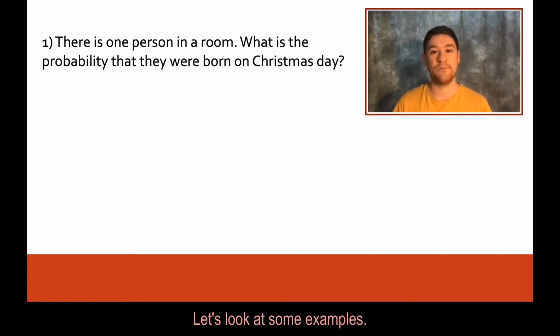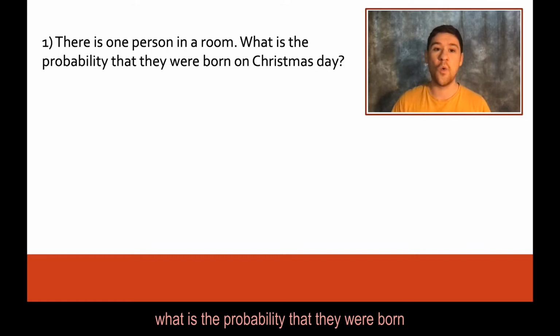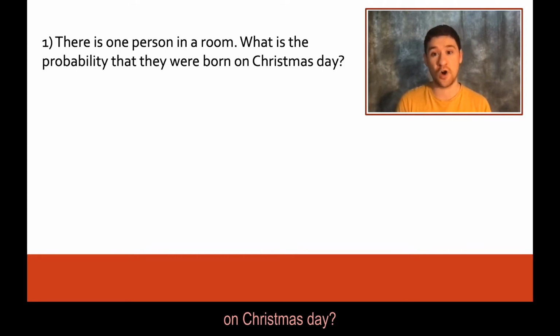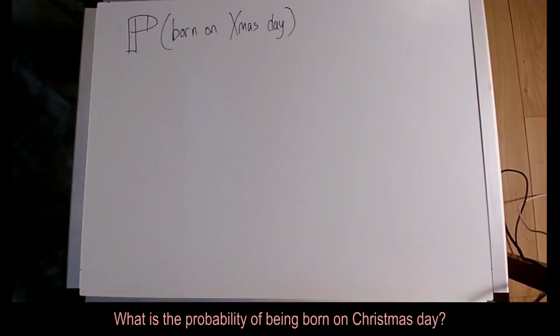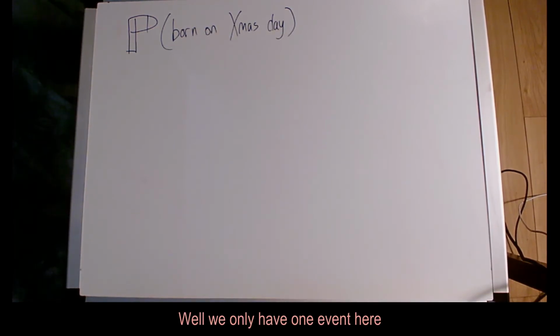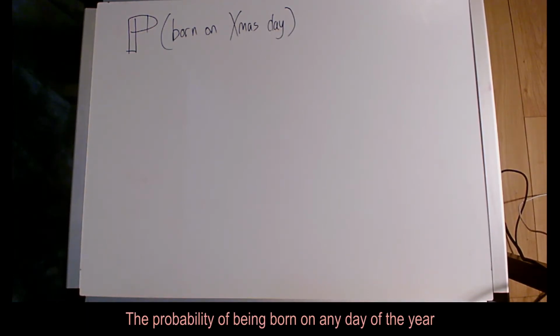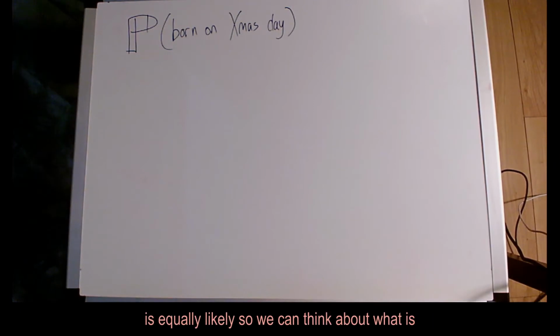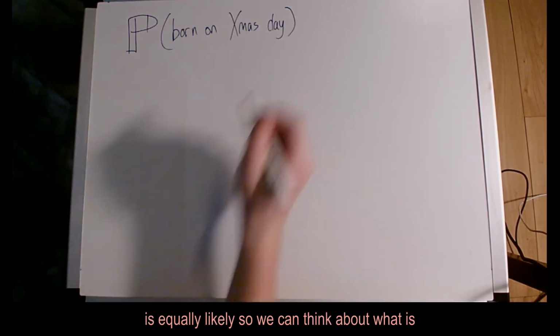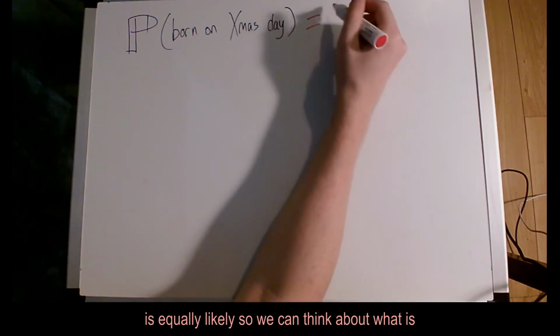Let's look at some examples. So consider this situation. There is one person in a room. What is the probability that they were born on Christmas Day? Okay, what is the probability of being born on Christmas Day? Well, we only have one event here, so we can treat this as we've been treating things before. The probability of being born on any day of the year is equally likely. And so we can think about what is